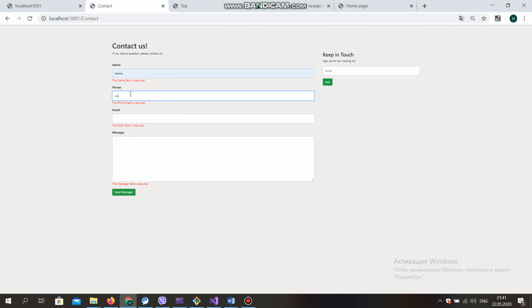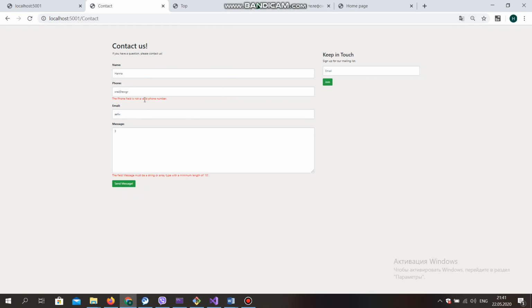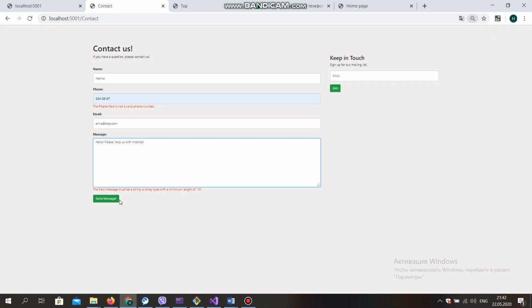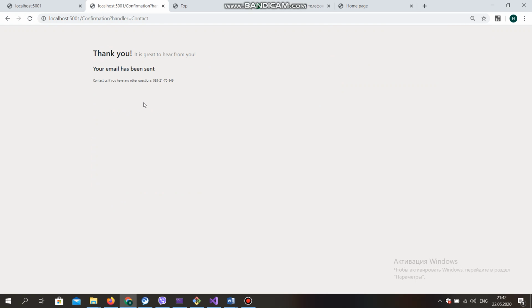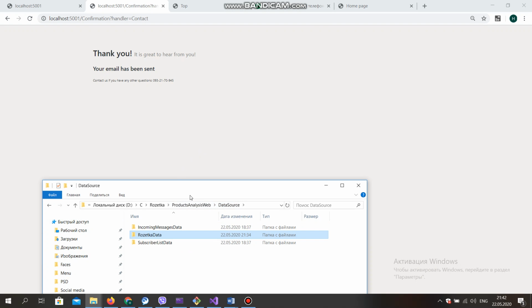So let's see how it works. For example, we can also put irrelevant data and see the errors here. Validation works properly, and if we, for example, put the correct data and the text message, and click send, the user can see the confirmation message that his email has been sent. And if we click incoming messages data,